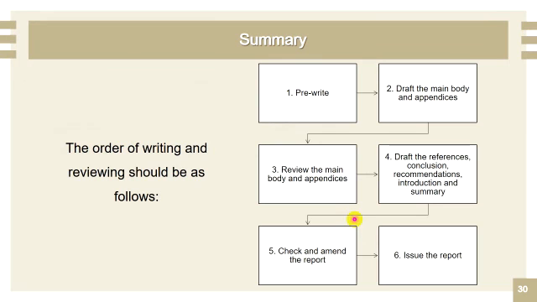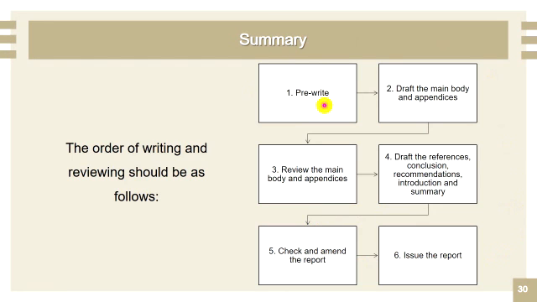And in short, this chapter is concerned with the critical process of ordering, classifying, and sequencing. And the order of writing and reviewing the report should be as follows. The first one is pre-write, the second one is draft the main body and appendix, the third one is review the main body and appendix, the fourth one is draft the references, conclusion, recommendation, introduction, and summary. The fifth one is to check and amend the report. Last but not least, issue the report. For this